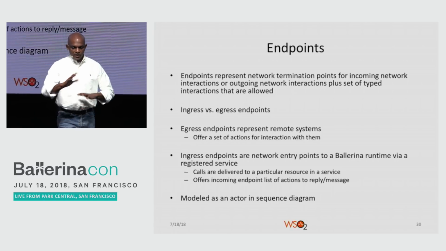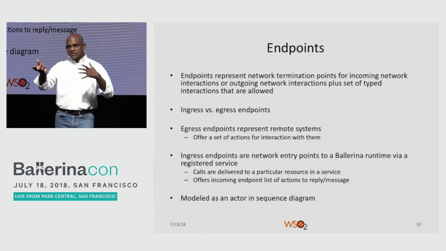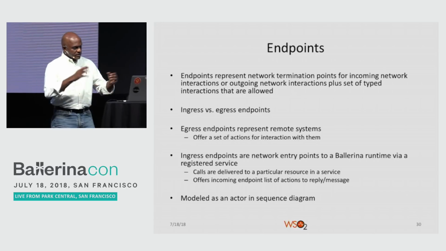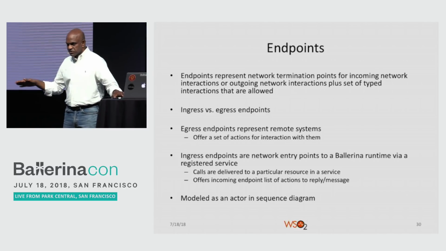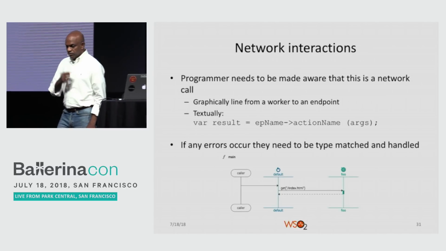So that's an endpoint. An endpoint is a network termination point plus the behaviors that you can have with that endpoint. And it can be ingress or egress, like incoming or outgoing. If it's incoming, there's a different set of behaviors. If it's an outgoing one, there's a different set of behaviors. And all of this gets modeled, now coming back to the sequence diagram concept, this gets tied into the sequence diagram. So if you look at this picture,